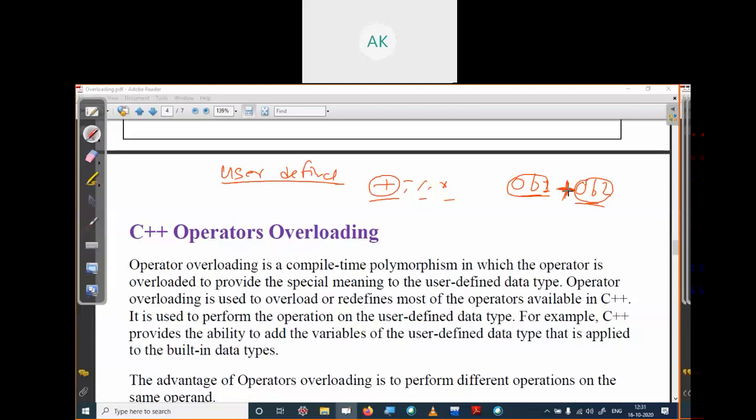How we can use this operator for adding or subtracting on these objects is called operator overloading. You will overload this operator to work on this object.